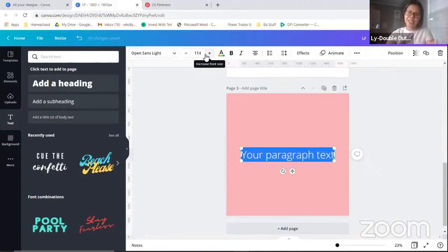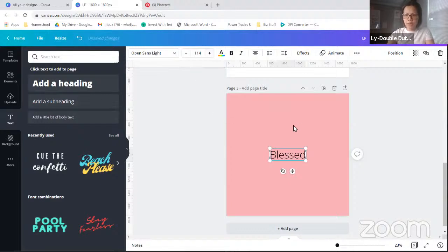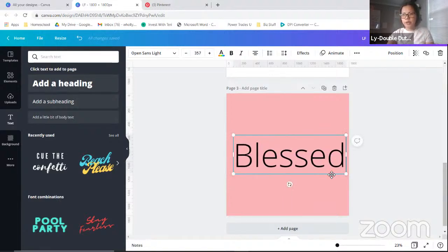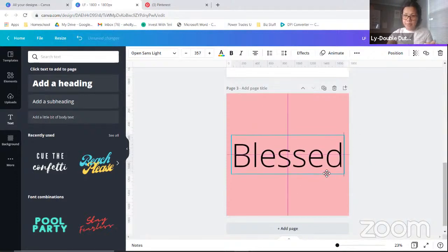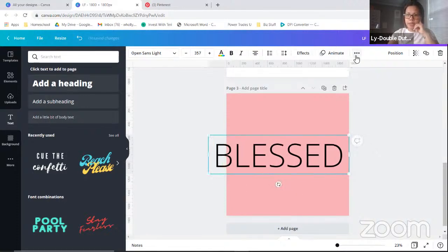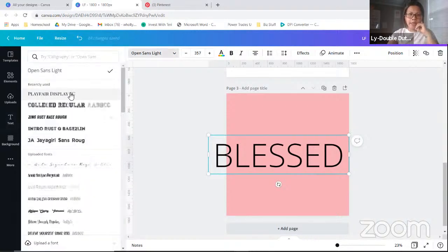2 variations in case she wants to flip the wording of Fully Dressed and Blessed. So I'm going to do first the word blessed. So really my goal right now is to have it say blessed and fully dressed. Once I type that in, I'm going to change it all to caps by clicking these 3 dots, and then go up here